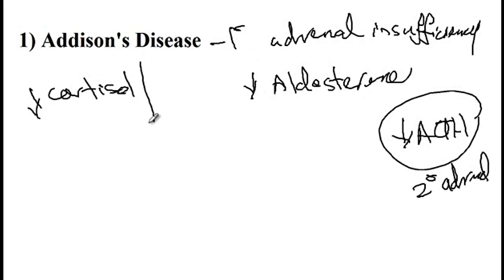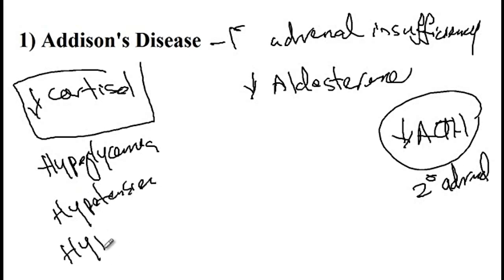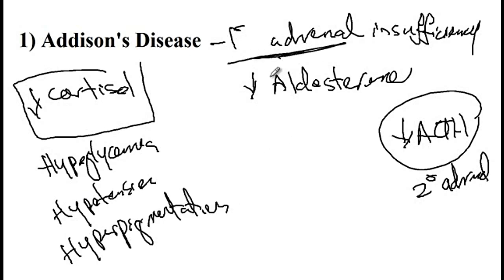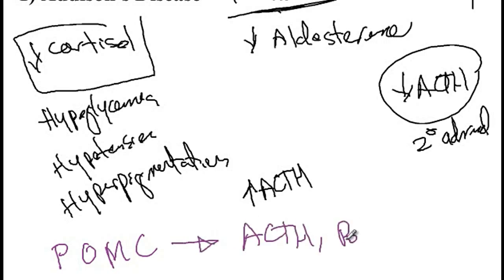But first I would like to explain that decreased cortisol in these patients will cause hypoglycemia, it will cause hypotension, and then it will cause hyperpigmentation, because since there is not enough hormone produced, there would be a positive feedback to increase the production of the ACTH. And ACTH is derived from the pro-opiomelanocortin, which will produce the ACTH, it will produce the beta endorphin, and it will also produce the melanocyte stimulating